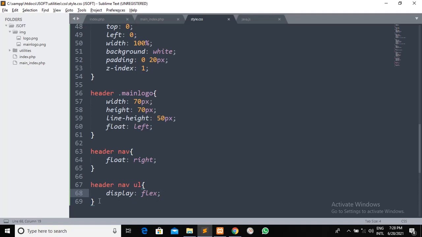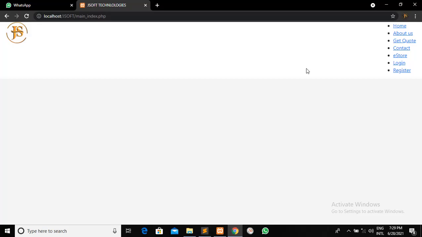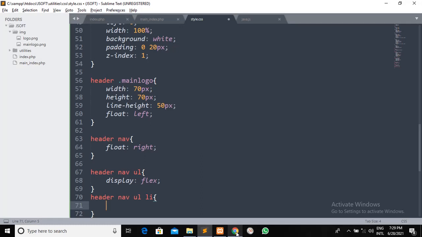The next one we'll go into is header nav ul great grandson LI. Now we have to remove all this dot we have here. That should load it again. See all these dots, we have to remove them, and that is from the li. So now say